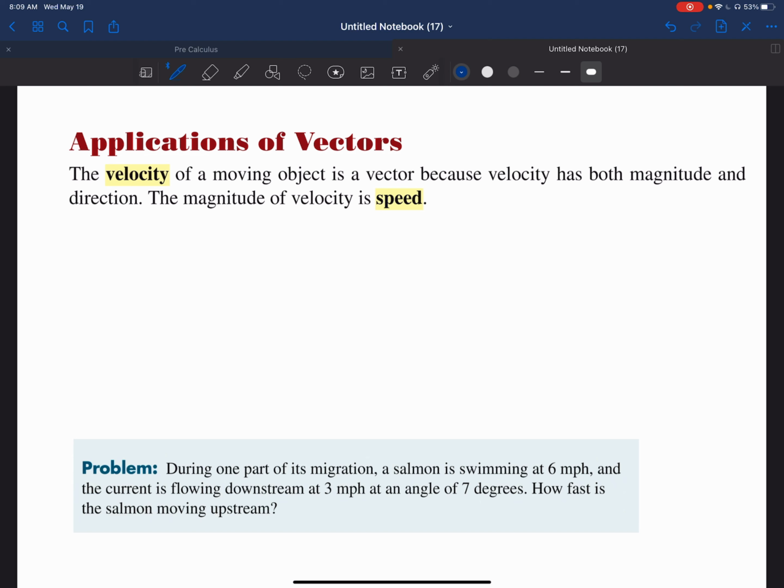If we remember, the component form of a vector is going to be equal to its magnitude times the cosine of the angle of direction, comma, its magnitude times the sine of the angle of direction. Keep that in mind. It's going to be important when we start looking at problems. So looking at the first problem,